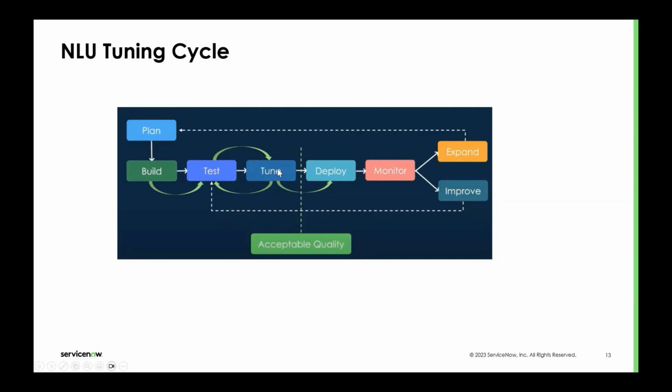Again, you can use the different options that we already have for testing the performance of your model. And then I'll tell you what are the best practices you can use to tune your model and start getting the best responses, right? And once you tune your model, deploy the model, monitor the performance again, and if it is performing well, you can expand this model to your VA conversation or AI search, and you can improve this conversation in future as well. Right, so this is typically how the life cycle works.